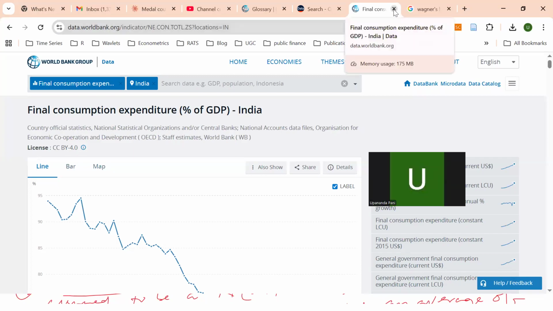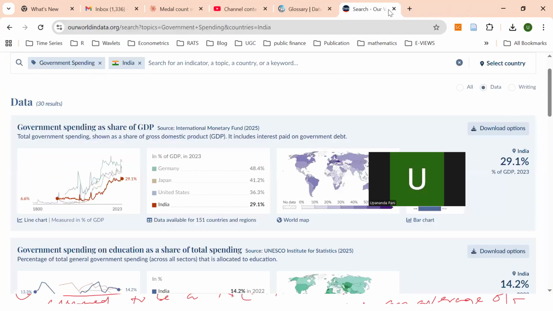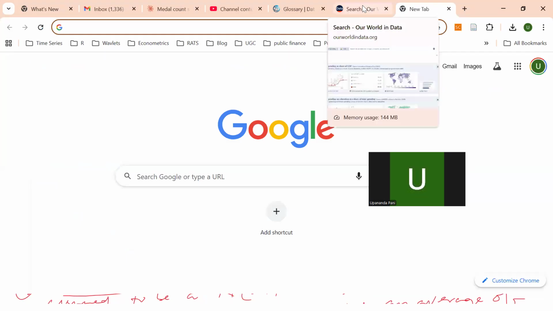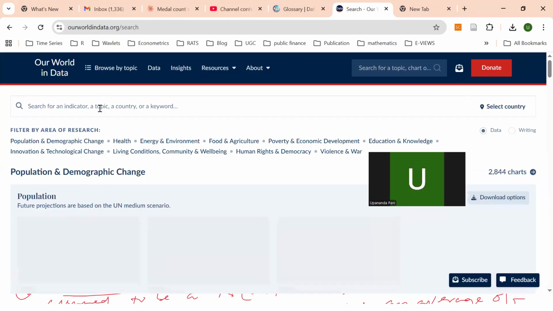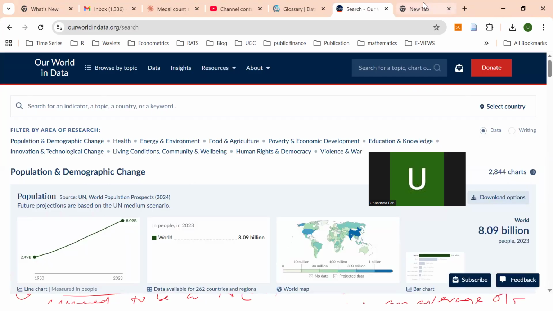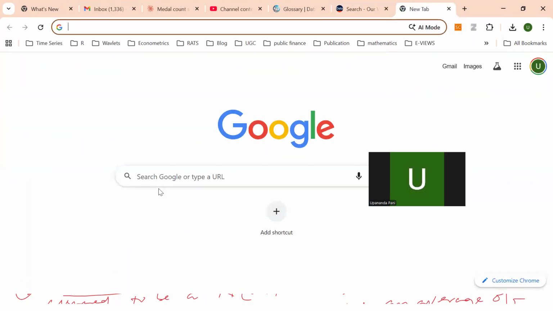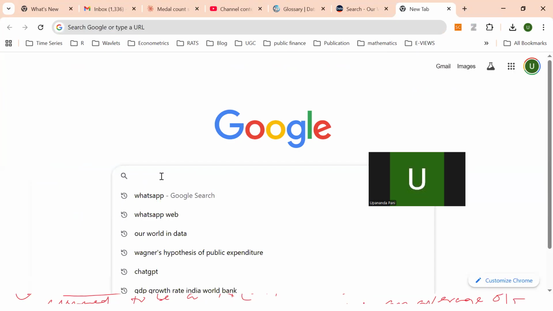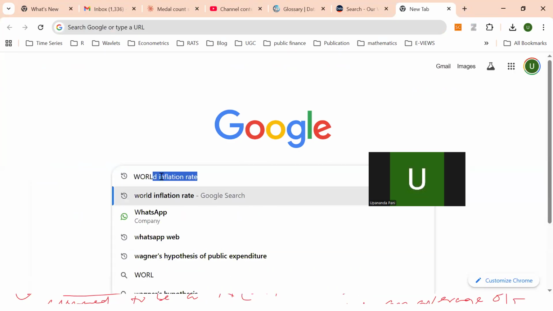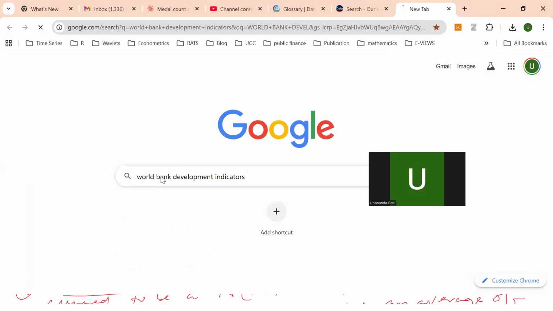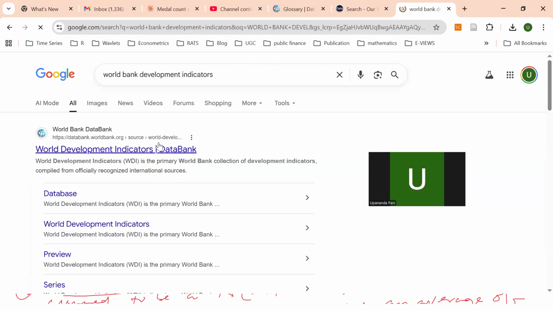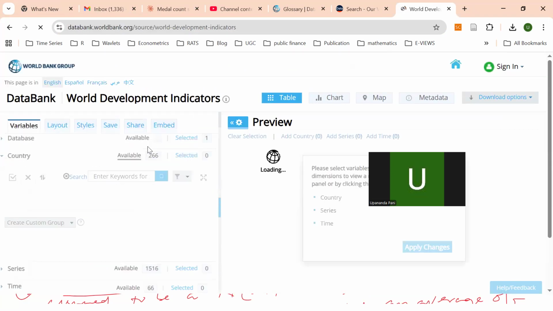So today what we'll study is we'll try to understand the two most important databases, that is Our World in Data and World Bank Development Indicators. If we type World Bank Development Indicators in Google, it will come. So there are two ways to get it. So here you can see